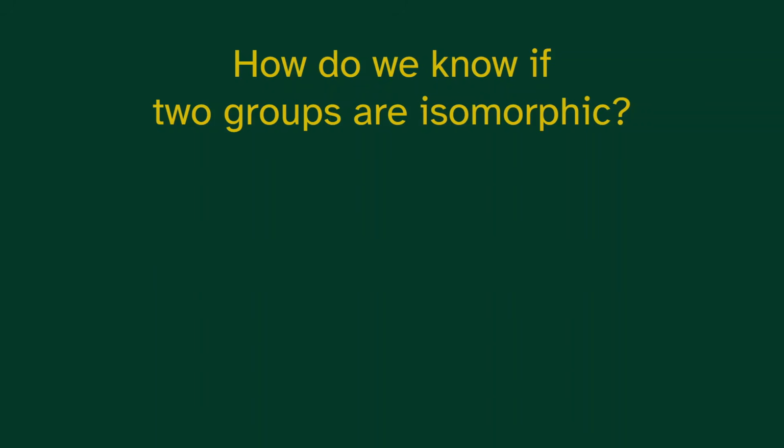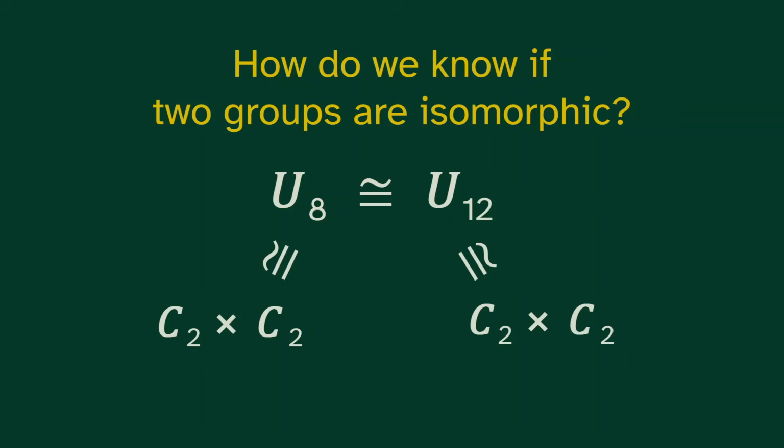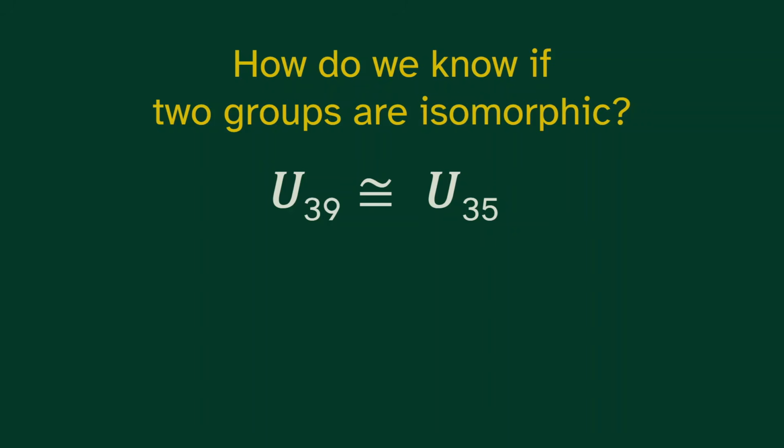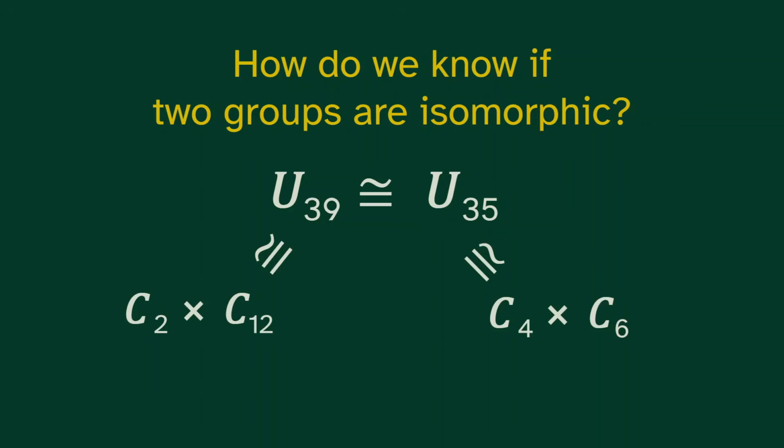This might seem clear, like U8 is isomorphic to U12, because each of them is just 2 2 cycles. We just need to check if they have the same representation of cycles. But that doesn't always work. U39 is isomorphic to U35. U39 gives us a 2 and a 12 cycle, but U35 gives us a 4 and a 6 cycle, which